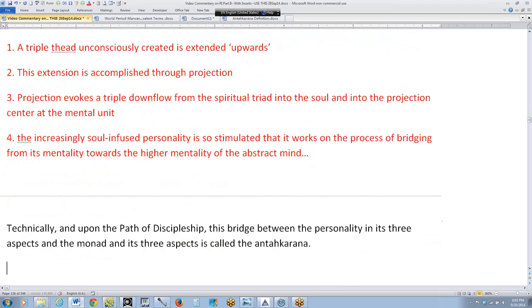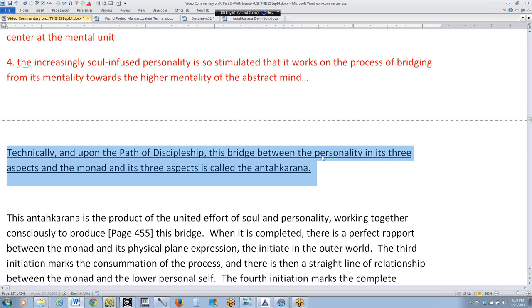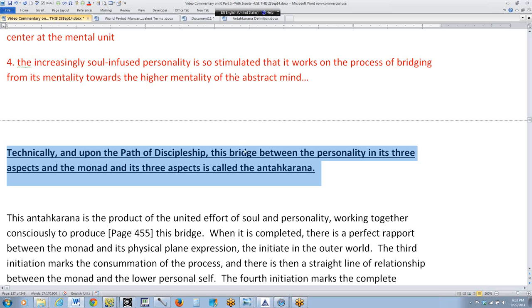Okay, so let's go on just a little bit. Technically, and upon the path of discipleship, this bridge between the personality in its three aspects and the monad and its three aspects is called the Antahkarana. So another definition from page 454,